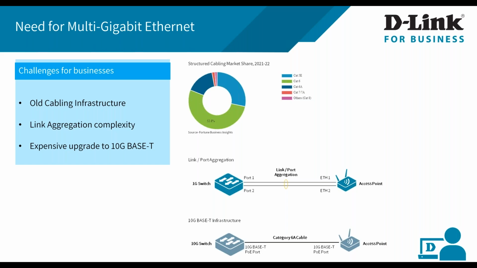So what are the alternate options to achieve more than 1 Gbps? Are they feasible options? If you look at the alternate options, the first option is link aggregation, wherein we use multiple 1G ports and aggregate them to achieve more than 1 Gbps. This solution is okay if I'm using link aggregation for the backbone between the switches, where sufficient uplink ports are available on both ends.